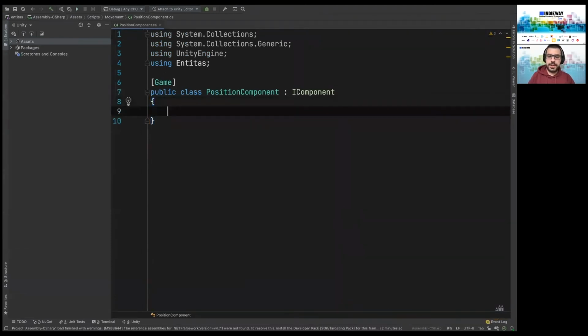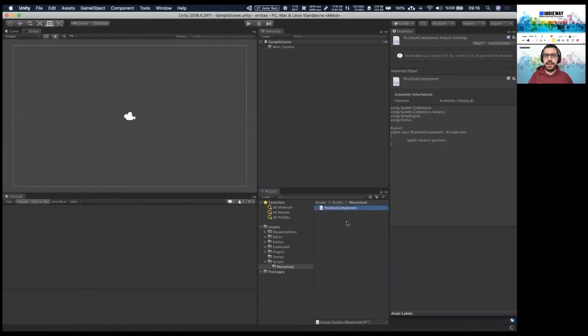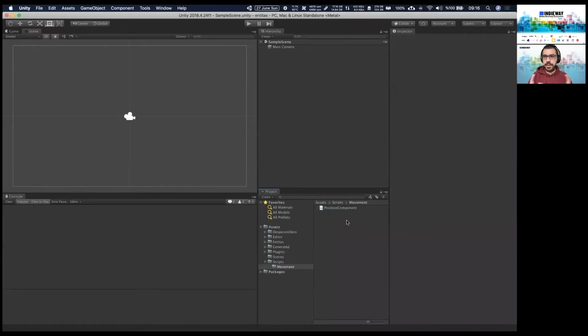As you may see, I'd like to inject data in it. And this position component will follow the object.